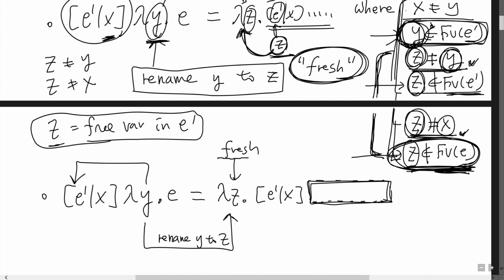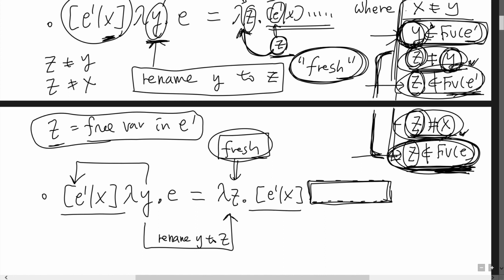So this is really fresh. And in order to ensure that variable z is really fresh, we make sure that these 4 conditions are met. Now z is really fresh. So we move this one inside the body of lambda abstraction. And what is the expression here? It turns out that because we have chosen variable z, which is really fresh,